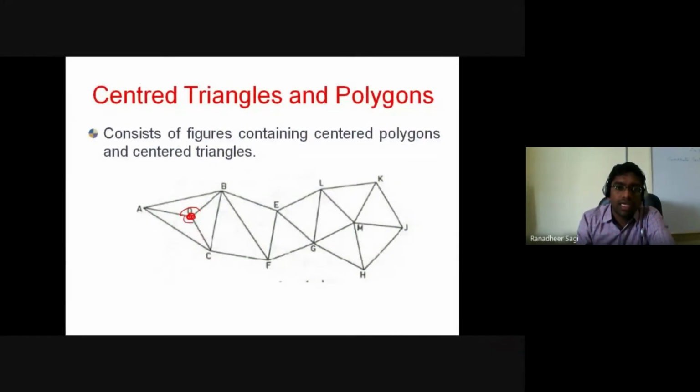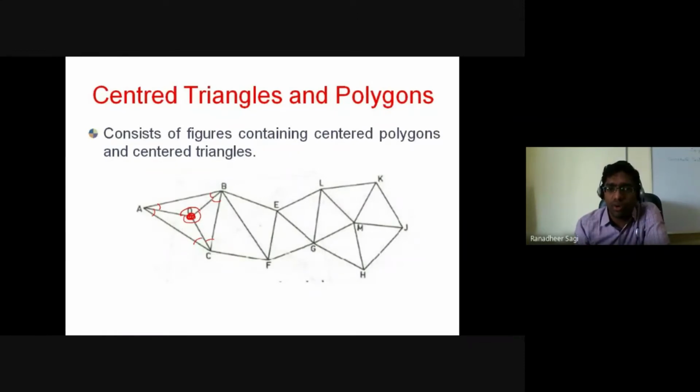Yeah, this angle, I'll be finding out even this angle. Apart from these angles, which are already measured with respect to those respective triangulation stations A, B, C, even with the instrument at station D, you are also able to find out the other angles with respect to triangles ADB, ADC, and CDB. A relatively more accurate way of computation is what you can do. That is what we call centered triangles and polygons.